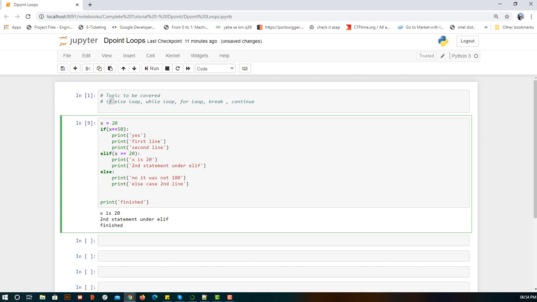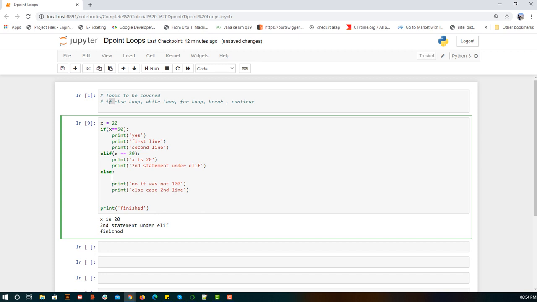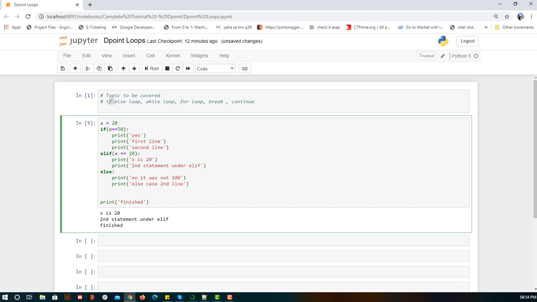If there is some else, and I want to write something under that, there should be a tab. Tab means 4 spaces. You will not enter 4 spaces manually, instead you will press the tab key. If your intention is to write something under if, you need to write that with a single tab. Similarly, if you write something under elif, you need to go under that elif and give a tab, and then you can write. Tab means 4 spaces. So that was about if else.